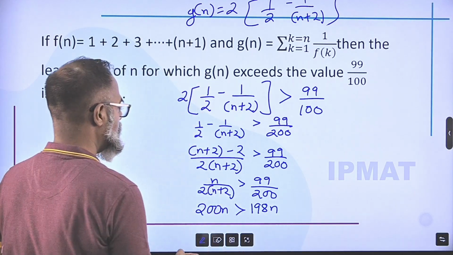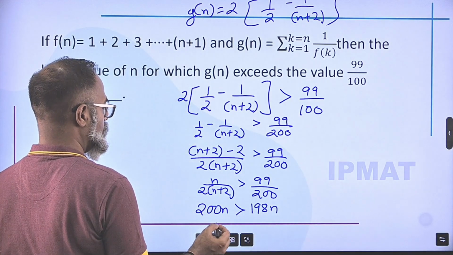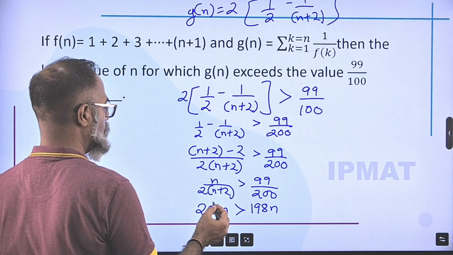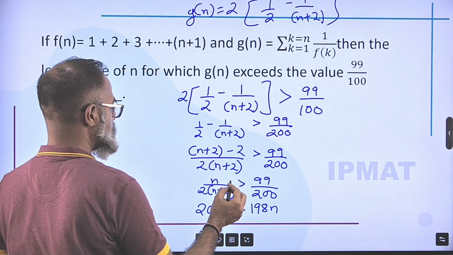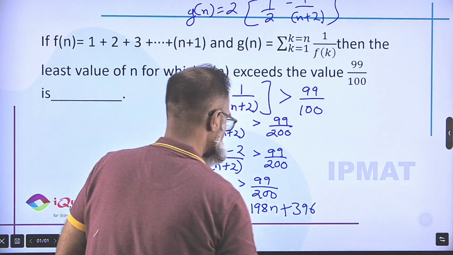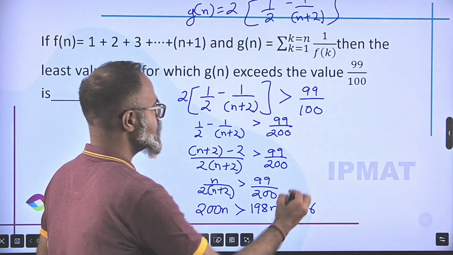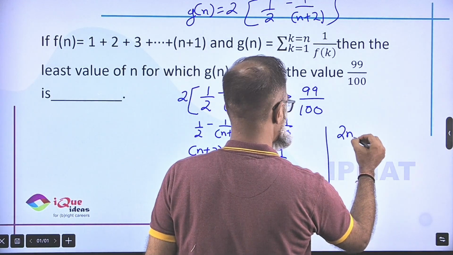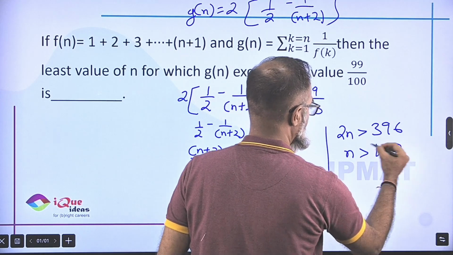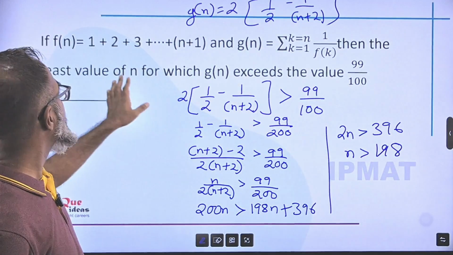198n into 99 into 2 and plus 4, 396. Okay, so this becomes 2n is greater than 396 or n is greater than 198, and I need value